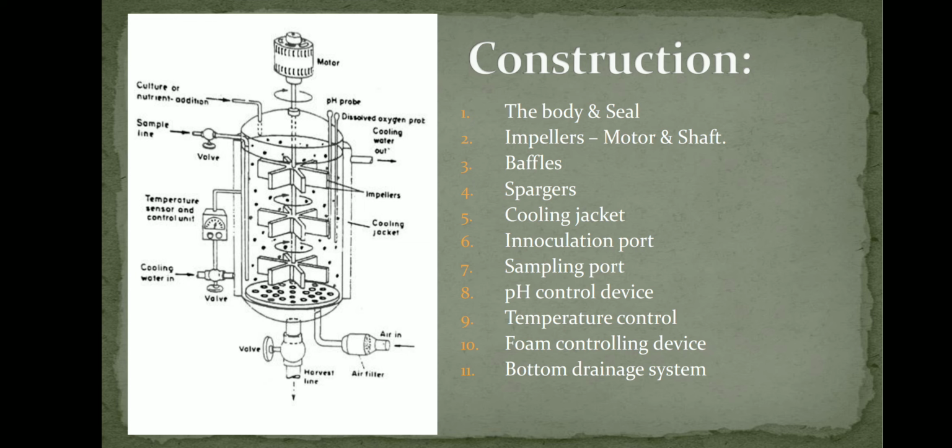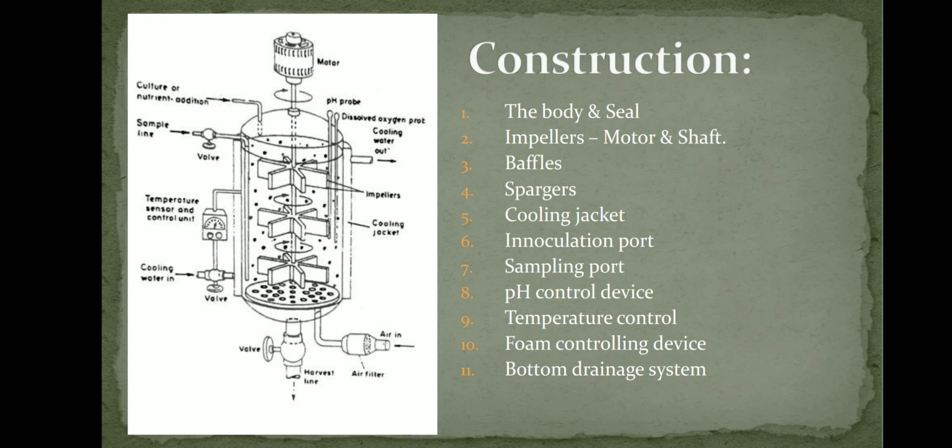And then there is also a foam controlling device. Due to the proteins in the media, or if the product is a protein, there are possibilities that foam is formed due to continuous agitation. This foam will contaminate the entire fermentation, so the foam has to be removed. So there will be a foam controlling device. There will be a probe which is going to measure the amount of foam being formed inside the fermenter tank. So as the foam increases, anti-foam agents are added into the fermenter so that the foam is controlled.